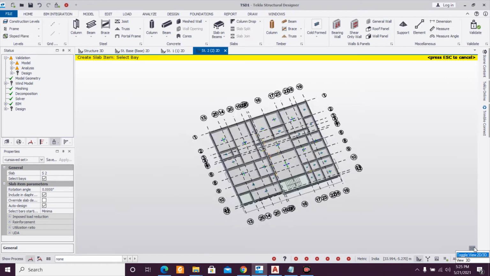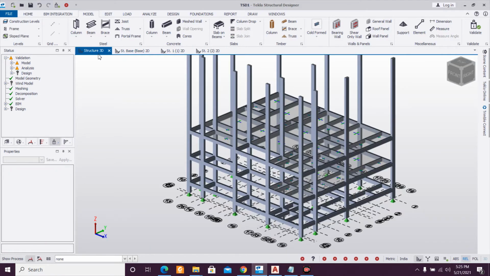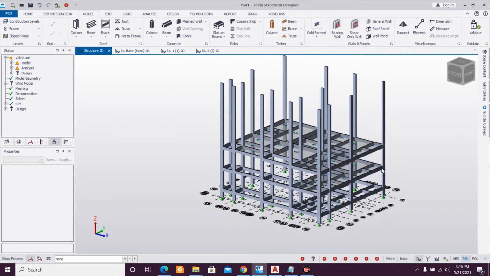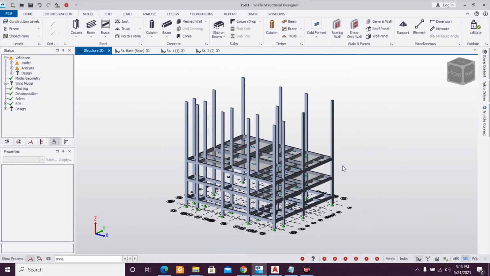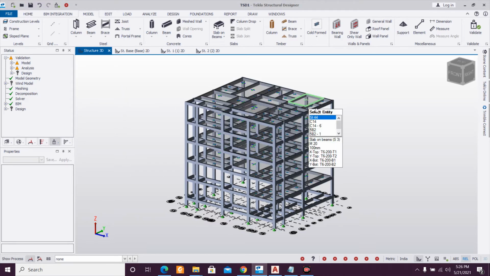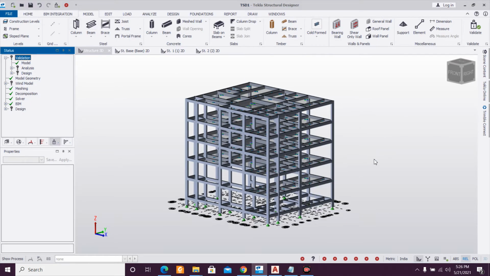So now in this particular G+, this is G+1 level. This is actually the first floor slab. So first floor slab will come, and we have made the arrangement here. And as you can see here, the model is complete, and now we can simply copy this to other levels easily. So go to model, and after that go to construction levels. You can copy this 3, you can make this 2, this one also you can make this 2, this one also you can make this 2. Okay, and this will be copied, and after this is copied, just click on validate option.